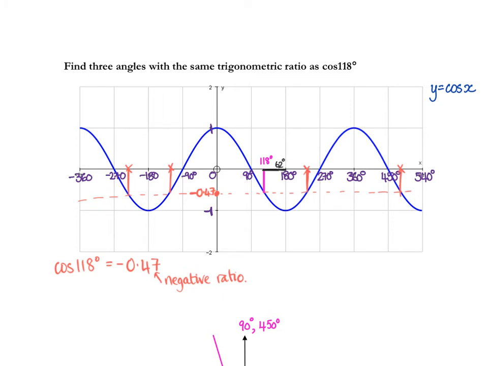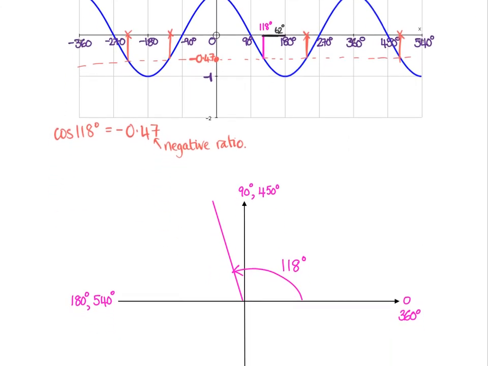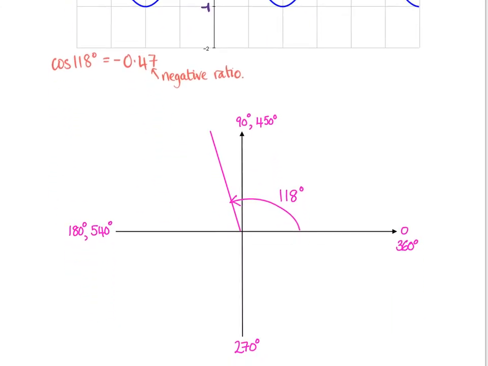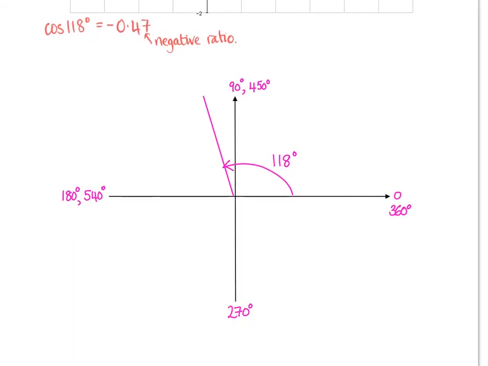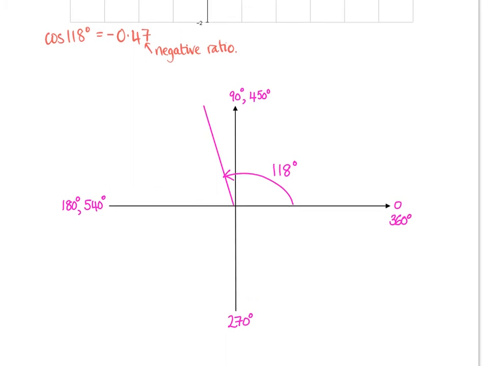Now how does that help us? Let's look at the quadrant system that we've got. So there's 118. So if we are to work out a principal value, as we said before, a principal value is going to be equal to 180 take away 118, which gives us 62 degrees. So this angle here is 62 degrees. Now, because the ratio is negative, cos is negative